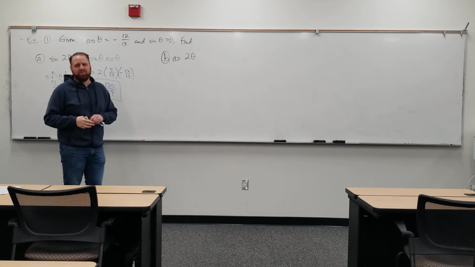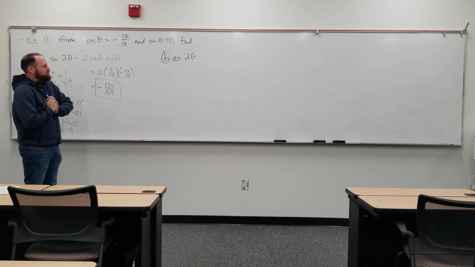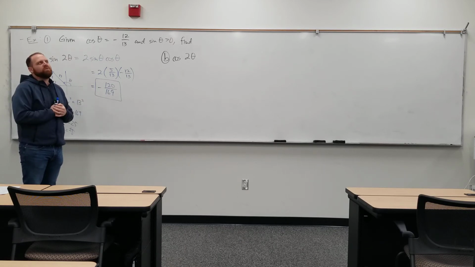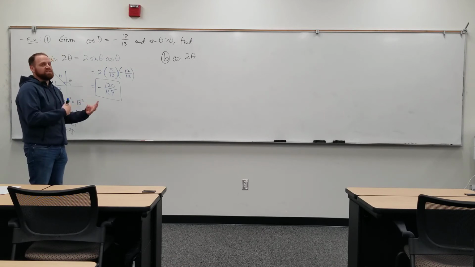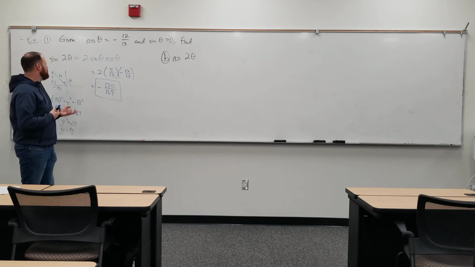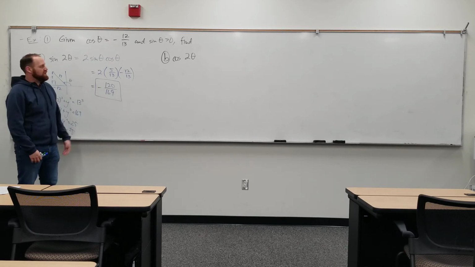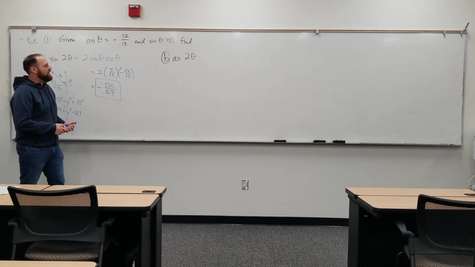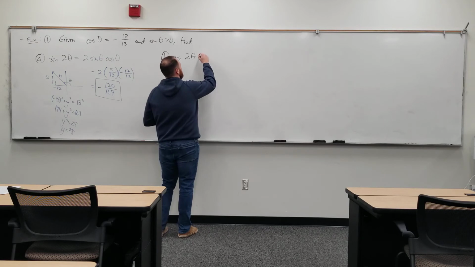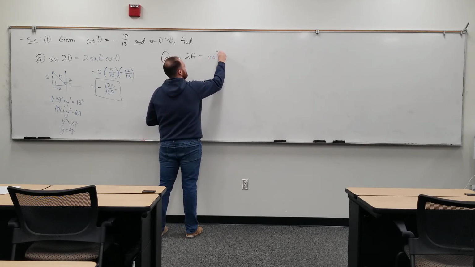Well, we have 3 different identities that we could use for cosine 2 theta. Let's say that we only knew what cosine theta was, right? Then we could use the version of the formula that only uses cosine theta. If we only knew what sine theta was, then we could use the formula that only uses sine theta. In this case, though, we already know what sine and cosine both are. So it doesn't really matter. I think we can use any of the three formulas and they're all probably equally easy to use. I'm just going to use the one that we proved and say, all right, this should be cosine squared theta